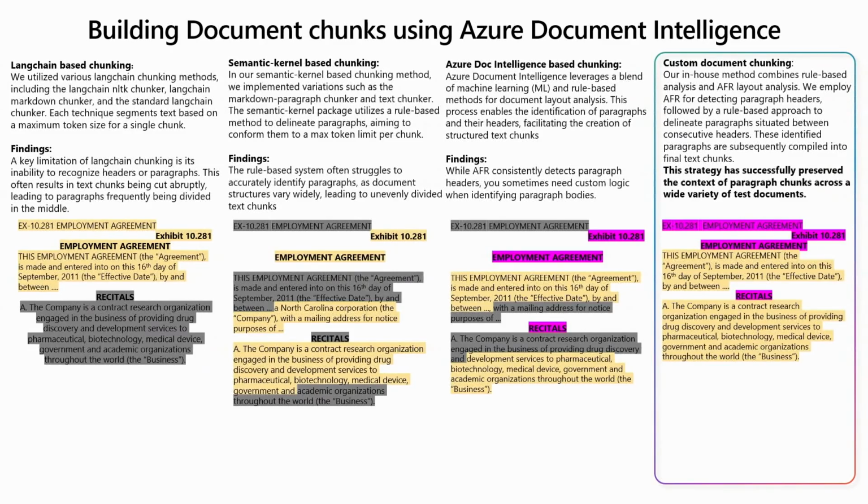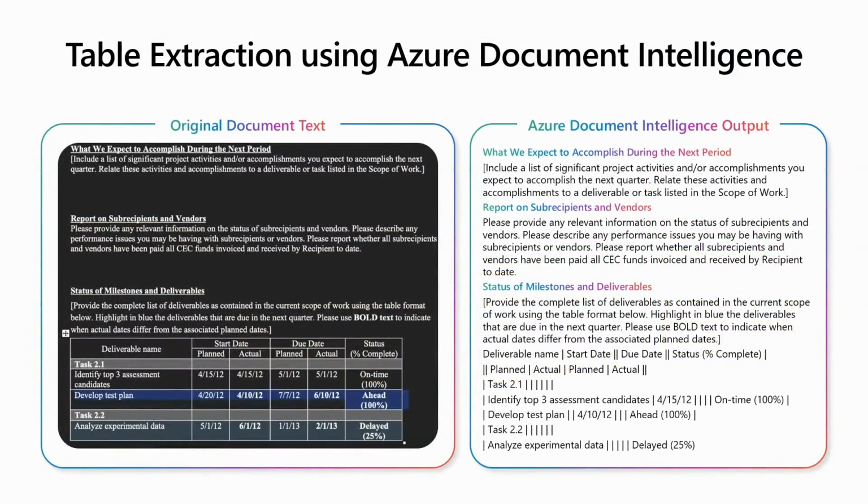And that gets you reliable results at scale, like we were talking about earlier. So if we move next, here's a little bit of a deeper dive. We just saw paragraphs. Now you can see the tables coming into the mix as well. On the bottom right, you'll see how Azure Doc Intelligence is identifying the tables and then providing that output in a very clean, parsable format to get that information out of the actual